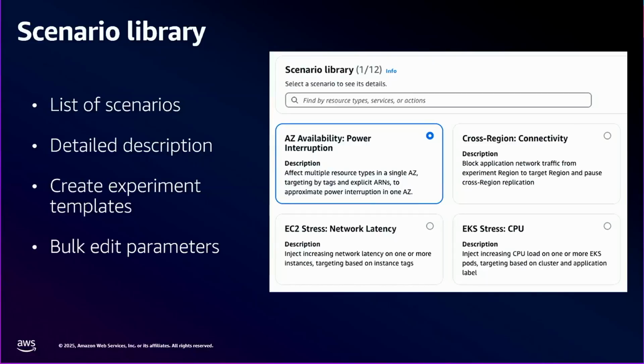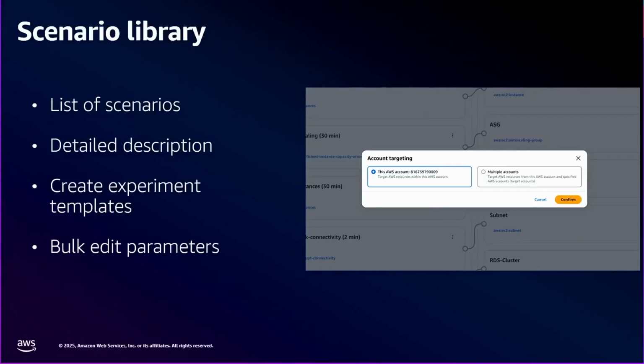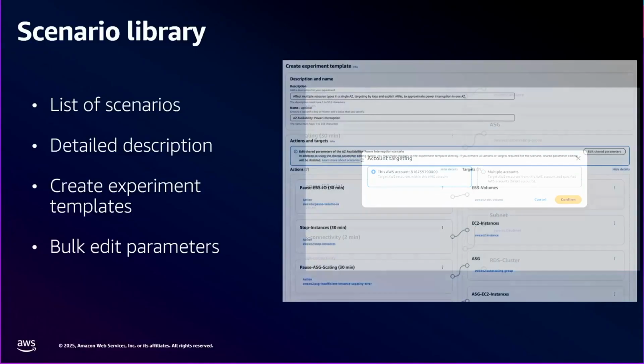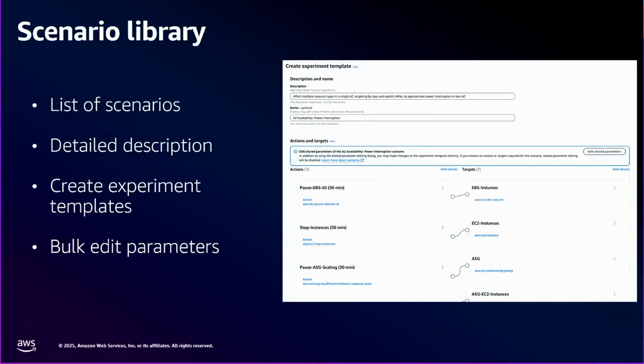And getting started is just about taking one of these scenarios, selecting the accounts you want to run it on. You can run the experiment in a single account or in multiple accounts. And then review the actions that scenario is going to take. Configure what targets, what resources the actions should target, like what EBS volumes, what EC2 instances, what databases, and then